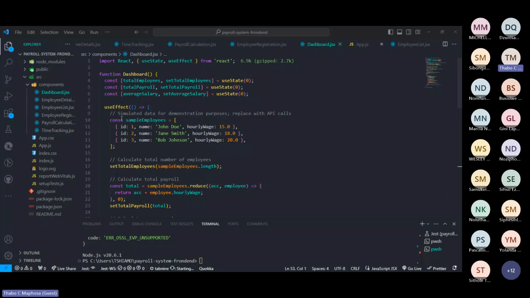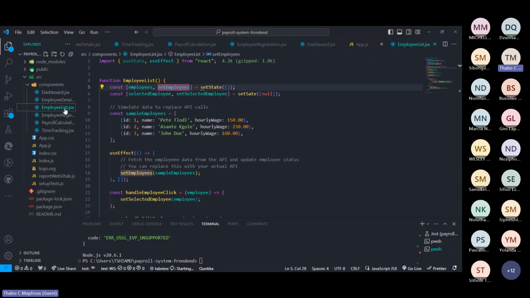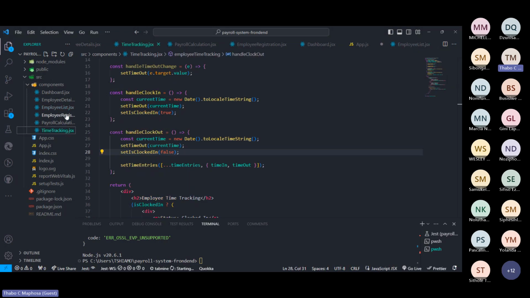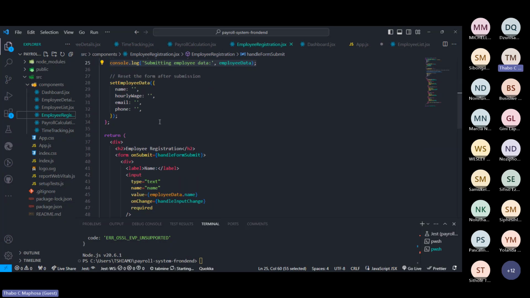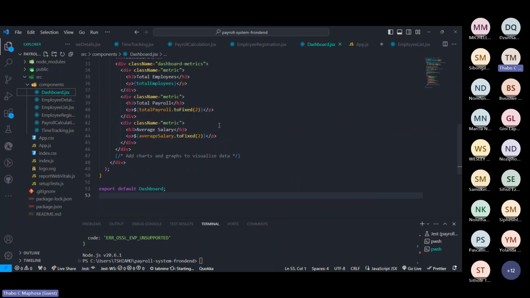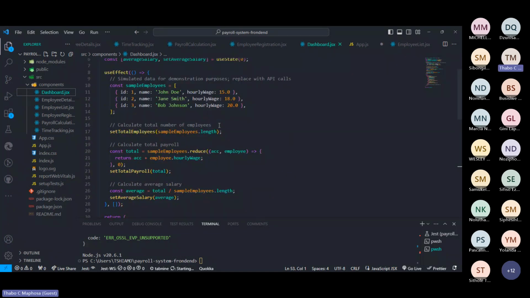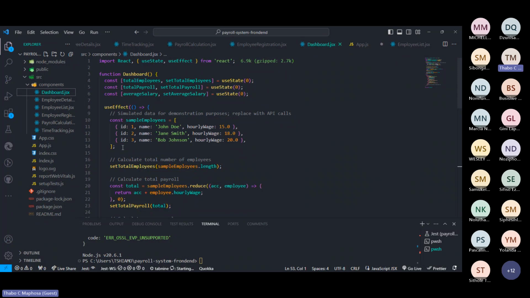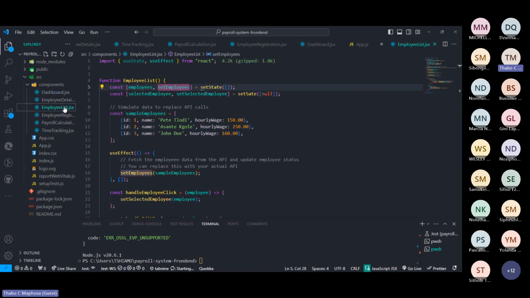So the modules that I created, you notice there I had created some modules like the ones we created last week. We had the employee list, we had the time tracking, and then we also had, I think, the registration. And then I created a module called dashboard. So now the dashboard module shows everything, well, not exactly everything, but it takes the same data that we have from the employee list and basically uses it.